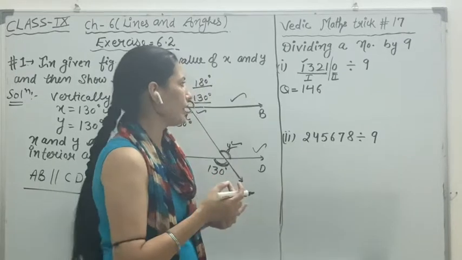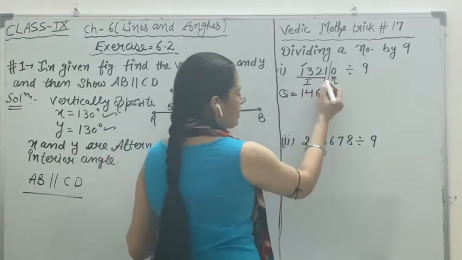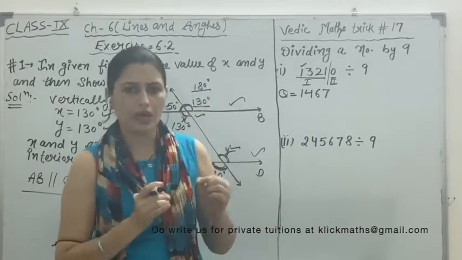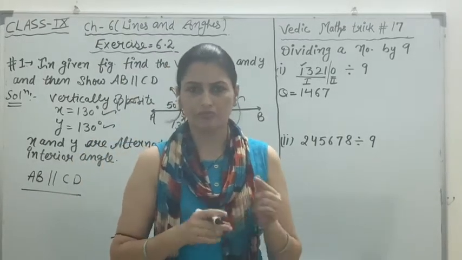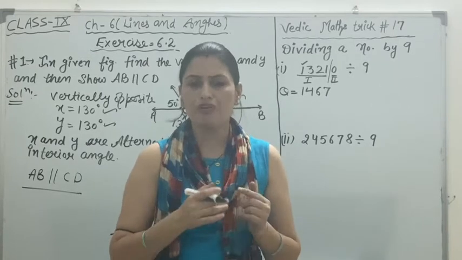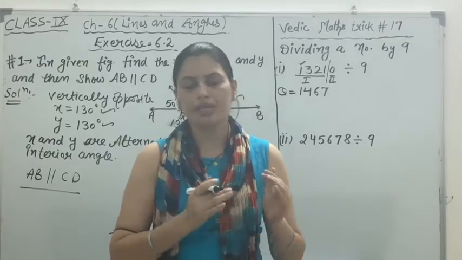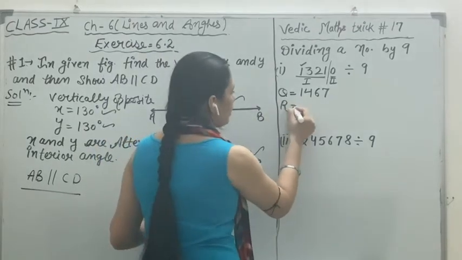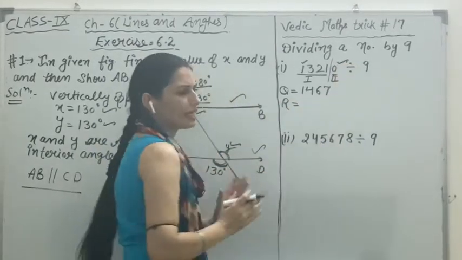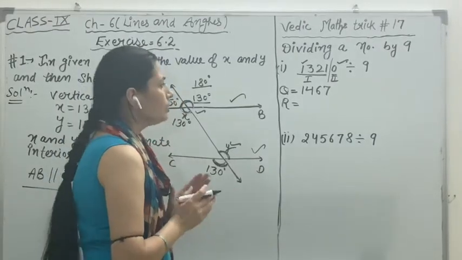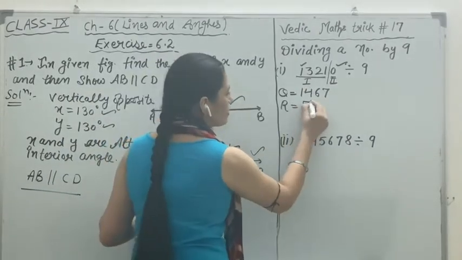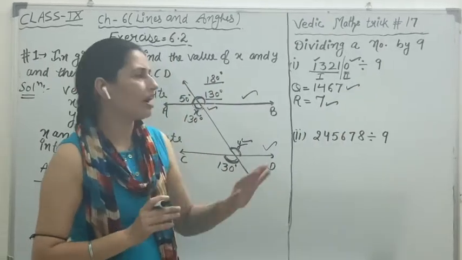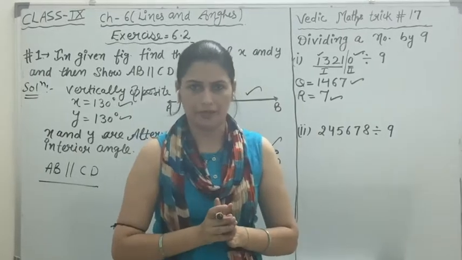So you add all of these: 1 plus 3 plus 6 is 10, plus 1 is 7 as the last digit. You take one digit as it is and write it, then add the next digit, adding each digit one by one into the sum. What is the remainder? For the remainder, you add the last part, the second part. So 7 plus 0 is 7. This is the remainder and this is the quotient when we divide this number by 9.